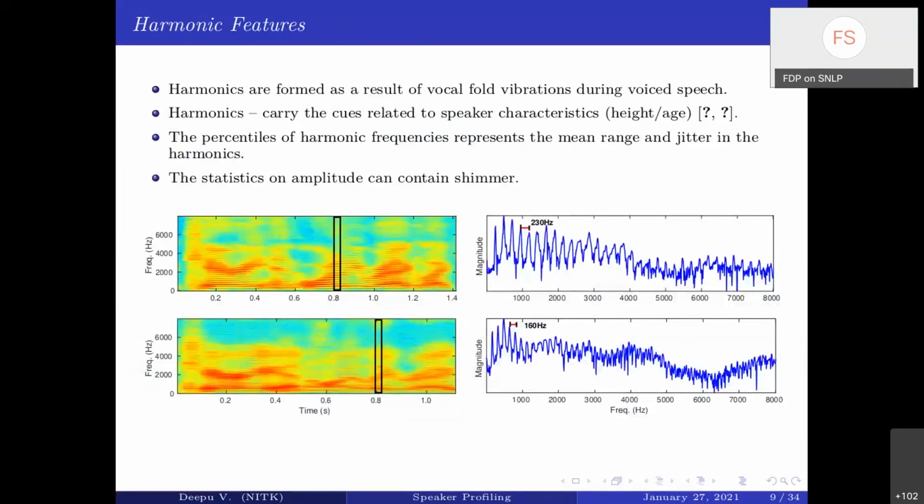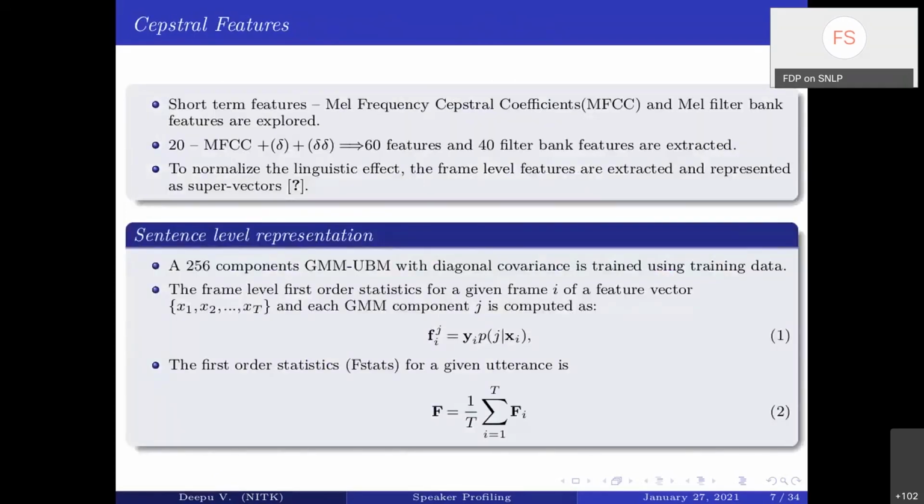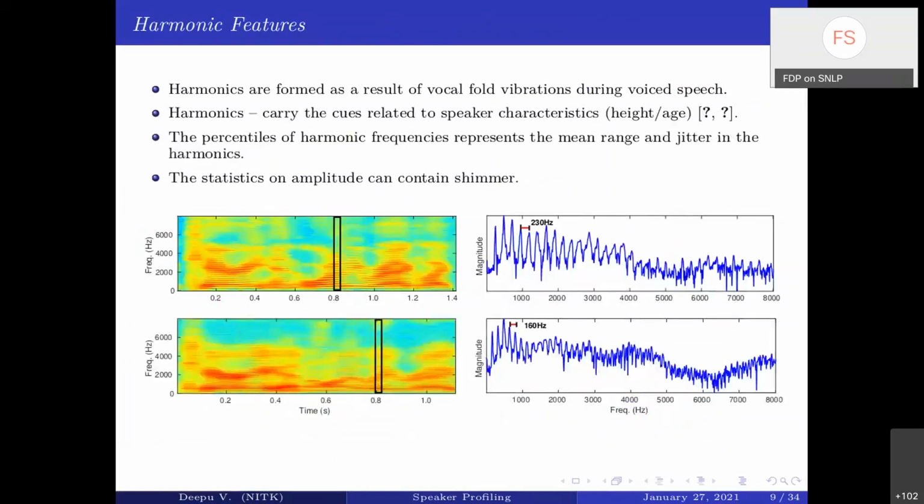These are the three different sets of features that we used. First is the conventional MFCC features. Second is the formant features, and third is the harmonic features. So you might ask me, what are formants, right? For those who are not familiar with formants, formants are these high